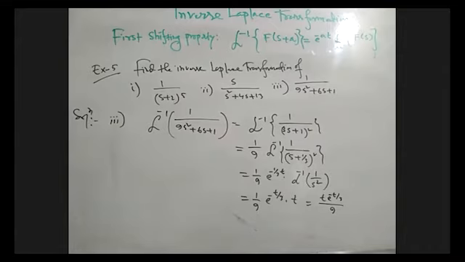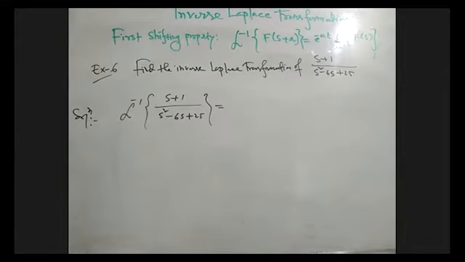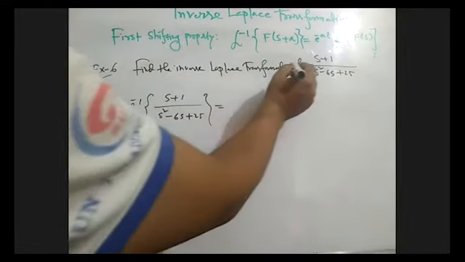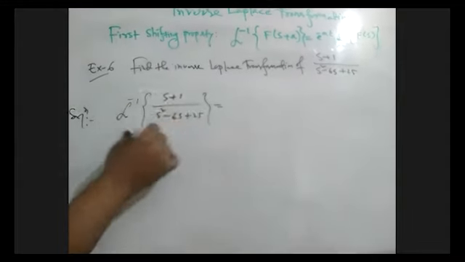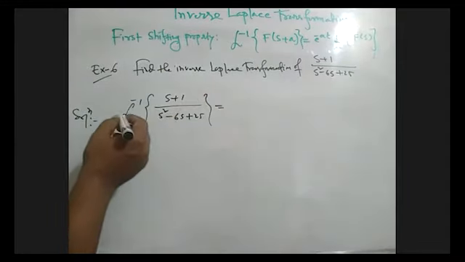This is the result. Now another example using the same shifting properties. Find the inverse Laplace transformation of (s plus 1) divided by (s square minus 6s plus 25). So the inverse Laplace transformation of this can be written as